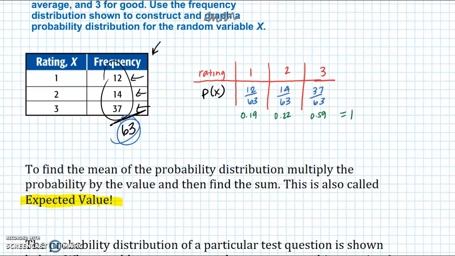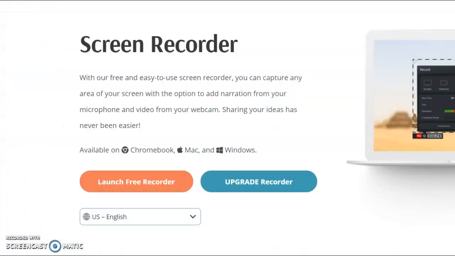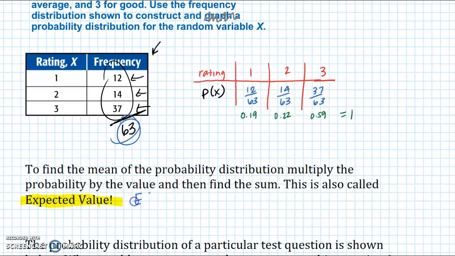And sometimes we call the expected value E of x. Again, the expected value of our variable x, of our probability variable. The expected value is what you're expecting to get out of the table. So like if you were to grab a random person, what would that person say? It's the same thing as finding the mean of the probability distribution table. Either way you do it, or either way you think of it, all you have to do is